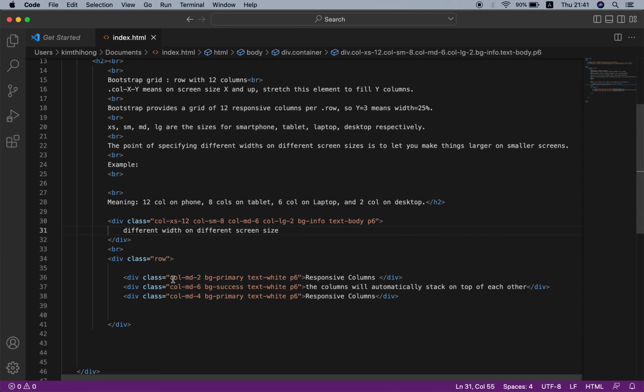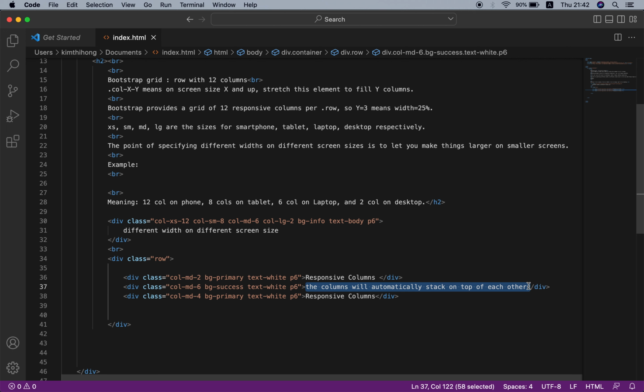Here, for medium screen size, the first column spans 2 columns. The second column, for medium screen size, spans 6 columns. The third, for medium screen size, spans 4 columns. But if the screen size is smaller than medium screen size, the columns will automatically stack on each other.